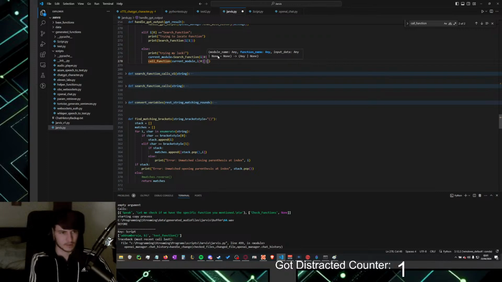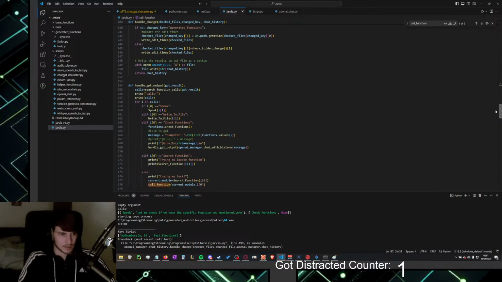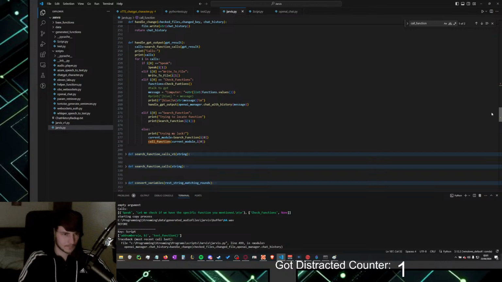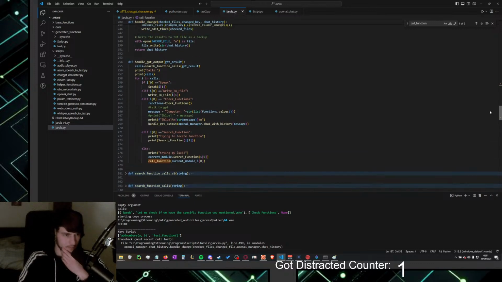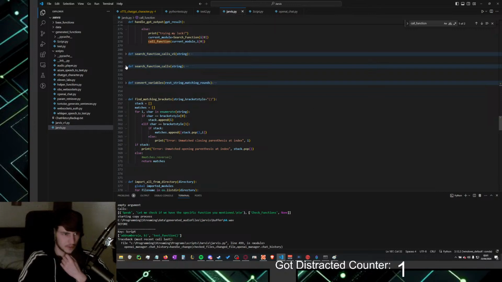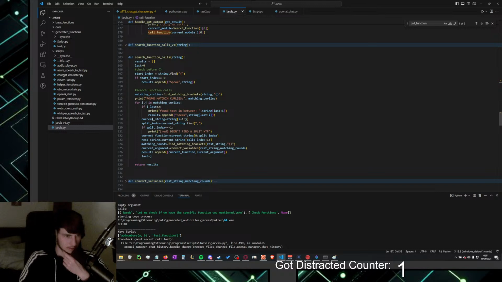Wait, actually I can just... Why am I doing this like this? I can just go, and in the function variable, where was it? Here, search function calls. In here I can just say get rid of the end.